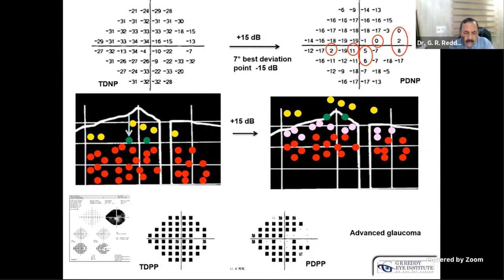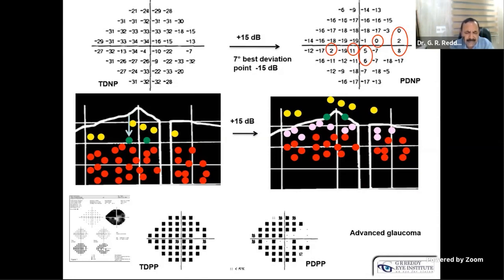Can we compare the test results obtained from one strategy with another strategy, or should we always follow a single type of strategy to compare? For theoretical purposes, we have to have the same strategy. Sometimes it is not possible. And if you know that the previous test is SITA Standard and the present test is SITA Fast, that is more important. So while interpreting, I must be a little cautious.